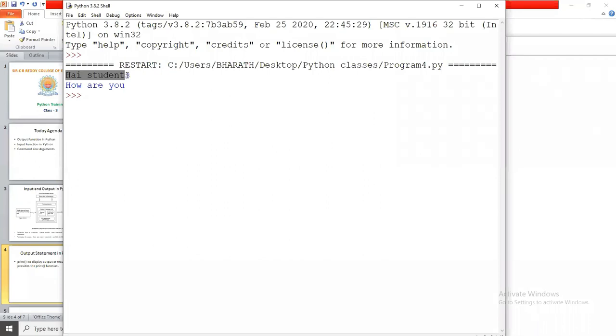After the end of this instruction, observe that the cursor moves to the next line.